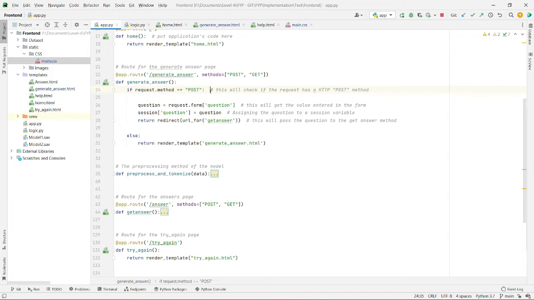This will check if the request has an HTTP post method, from the form, the text area which was shown earlier in the UI demonstration. From there, the question is taken from the text area, and then the request is taken here. This is the question, and then it is assigned to the question variable.